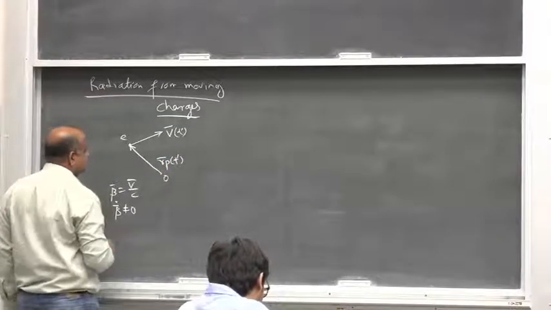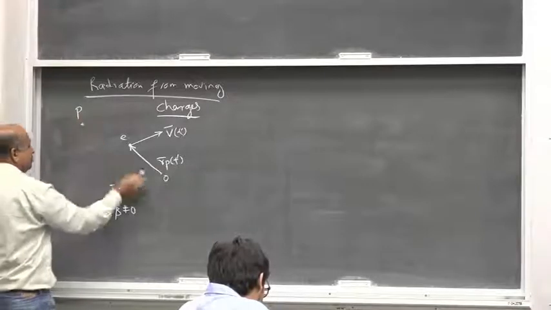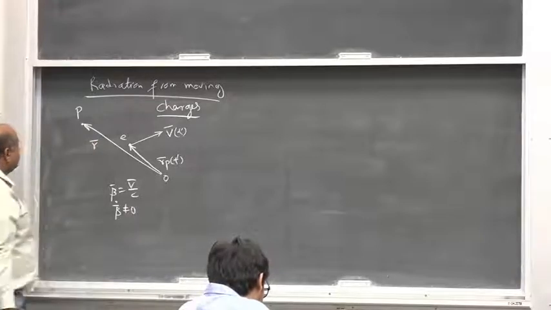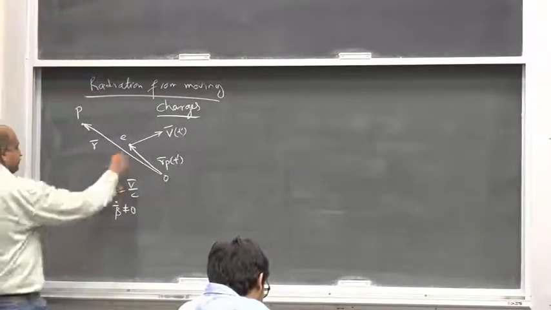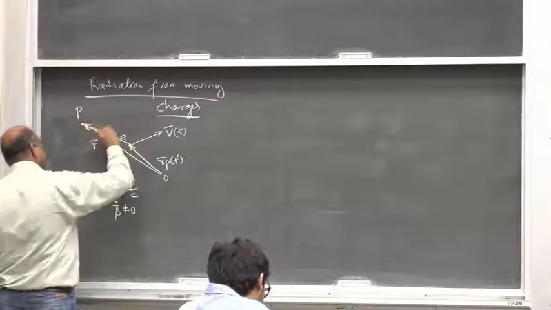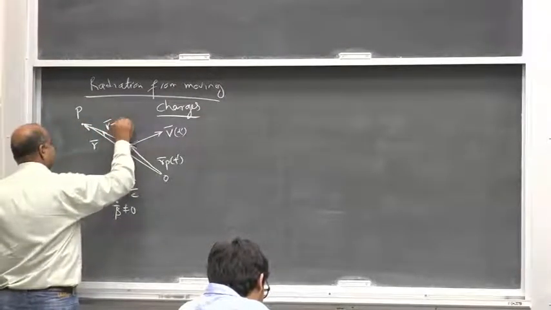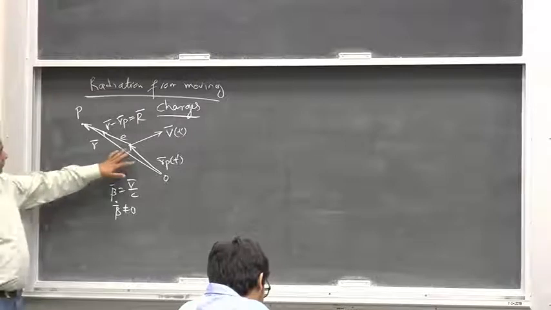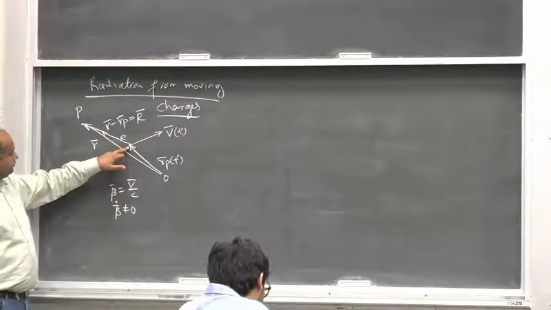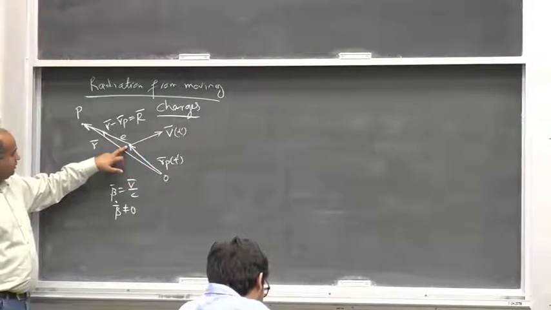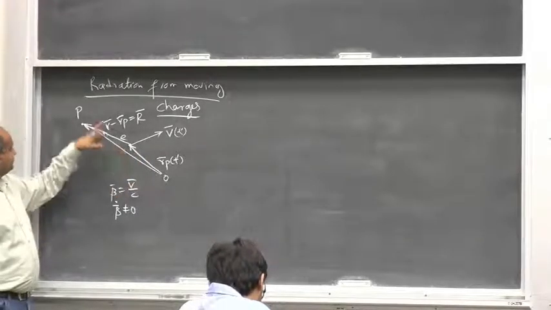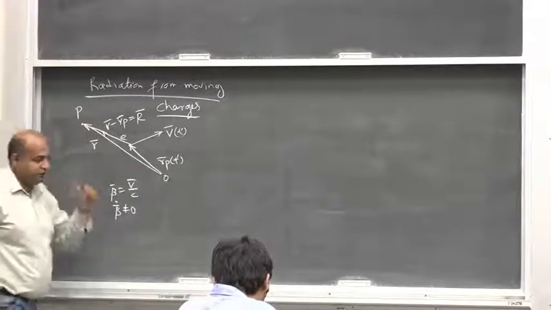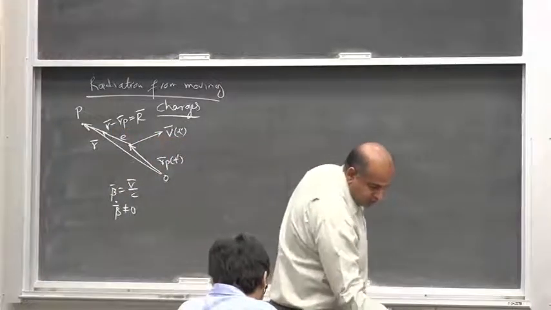the position is r_p of e prime, and this is our point where we are observing the field, and this is a vector R minus R_p, which we call capital R. So for this situation, that a charge is at point R_p moving with velocity v is in general producing an electromagnetic field at point P, which we computed to be as